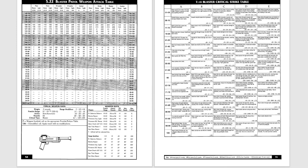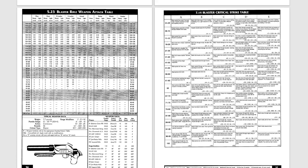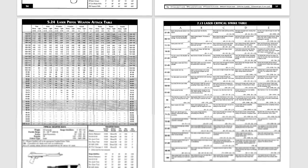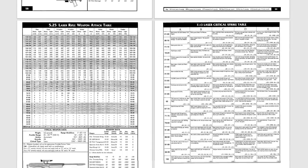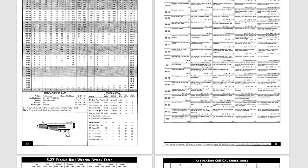And this is also kind of nice, because right here is a blaster pistol weapon attack table. And in here they got references to other genres. Because the top one is Battlestar Galactica sidearm. Cool. And then they go into the more of the blaster rifle, which is what the Cylons would have had. And they got that listed there. They talk about lasers,